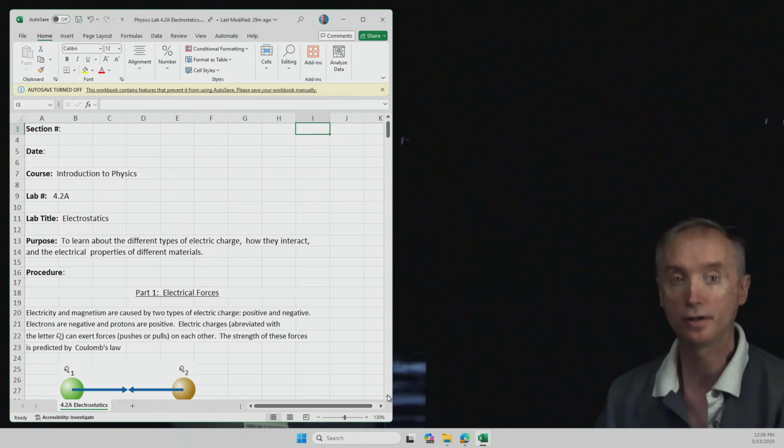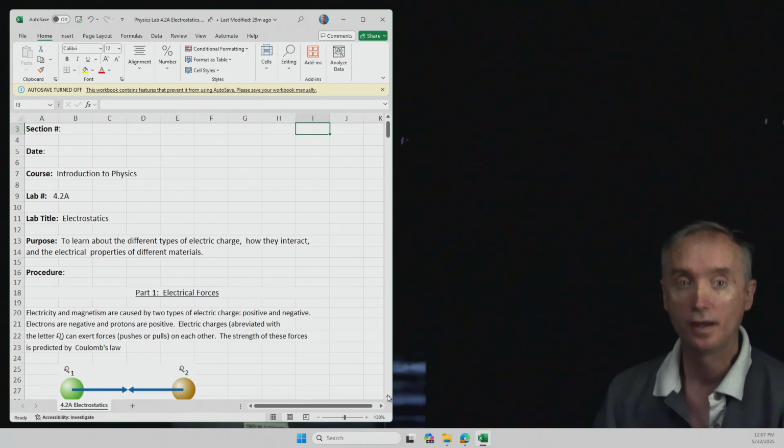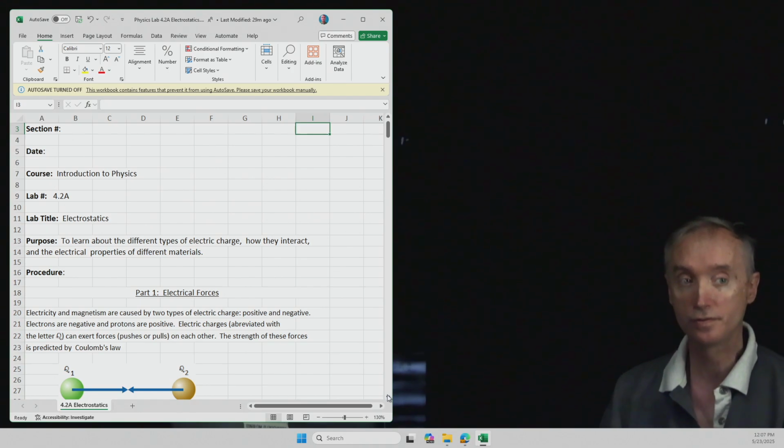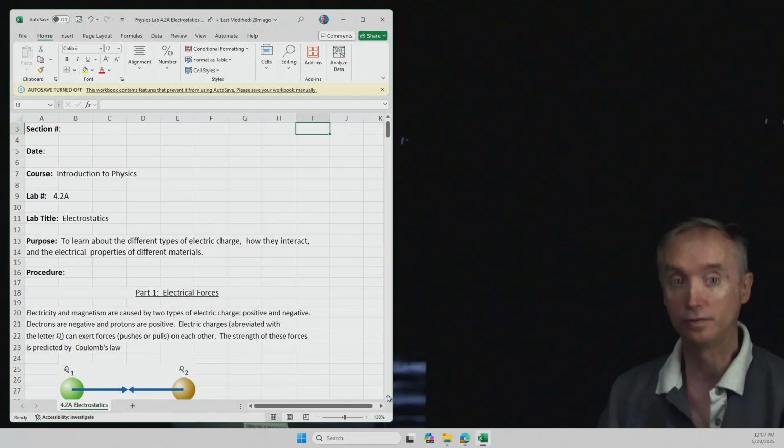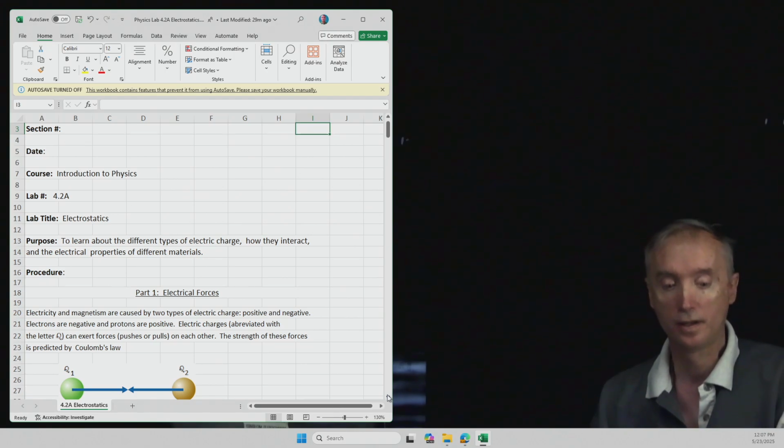My name is Paul Eric, and today we want to go over Lab 4.2a, which is on electrostatics. So when you open up the document, this is what you ought to see in Microsoft Excel, and we're going to learn about what the electric force is, what the electric field is, and then also some electrical properties of materials. So we're going to start off with Part 1, and so if you will go on down to there,